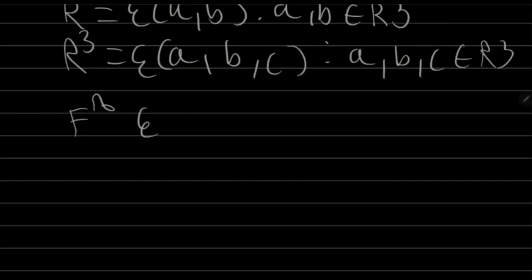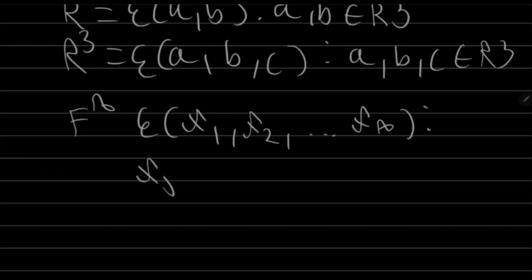Fn is x sub 1, x sub 2, all the way to x sub n. So it's all lists of length n where x sub j, for all j, 1, 2, all the way to n,